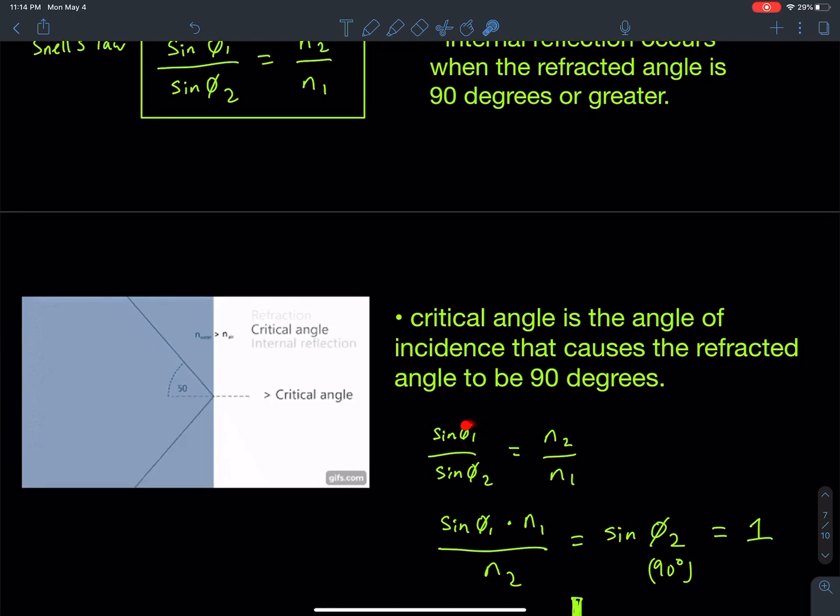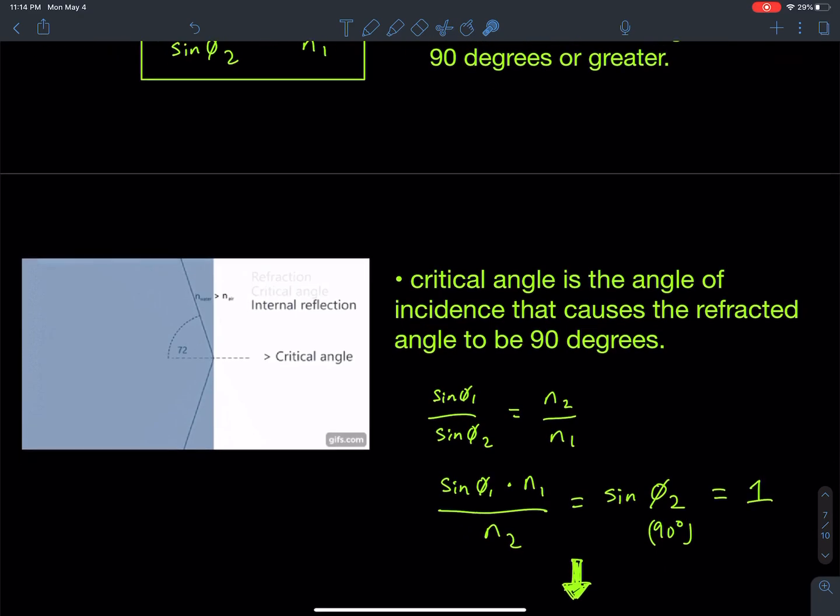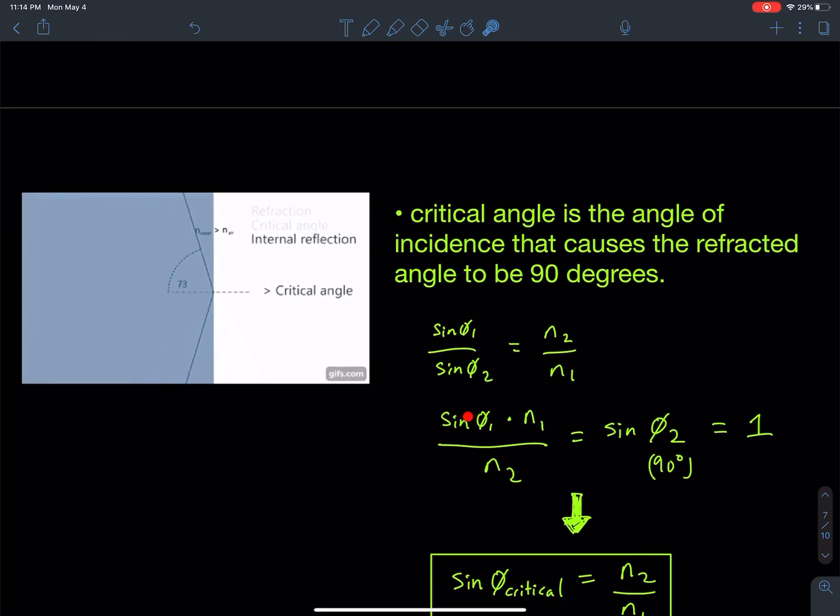Remember, theta 1 is the angle of incidence, theta 2 is my angle of refraction, n2 would be, in this case, air, the refractive index of the material where the light is being transferred to, and n1 is the refractive index of the material where the light is coming from. Okay, so if I rearrange this equation, sine theta 1, my angle of incidence, times n1 divided by n2 is going to be equal to